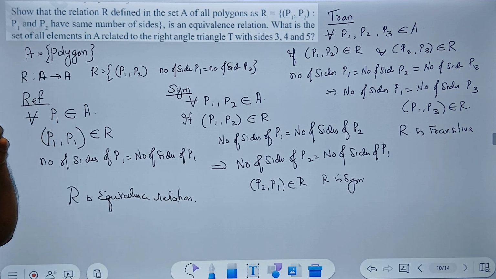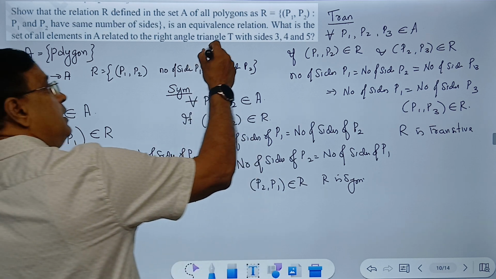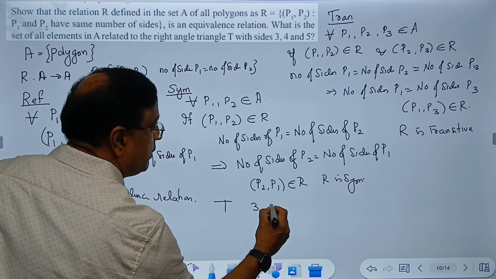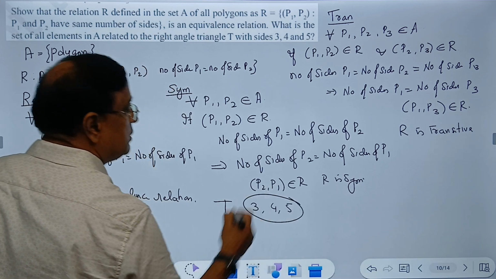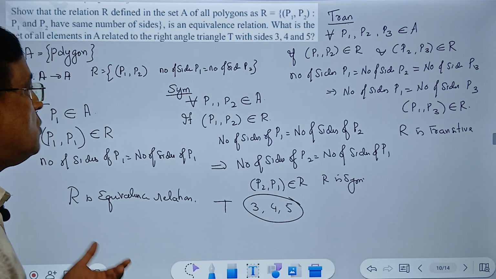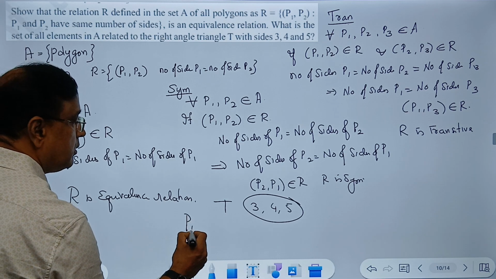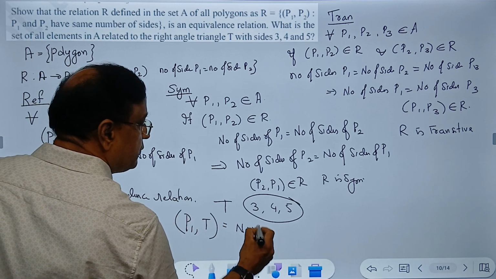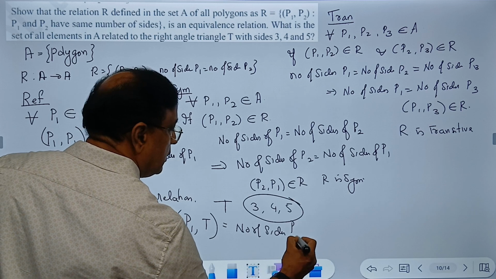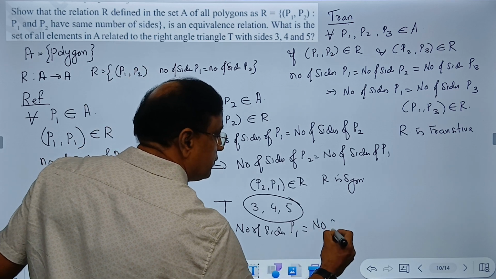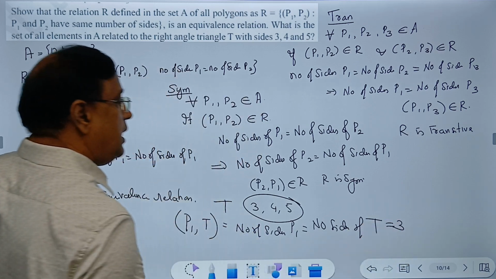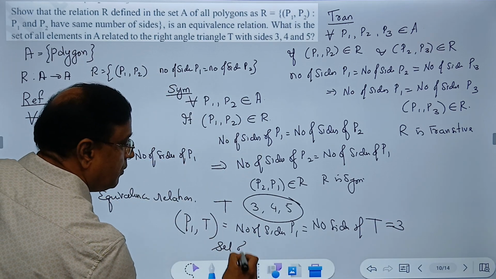Okay, but there is one more subdivision to this. What is the set of all elements in A related to a right-angled triangle 3, 4, 5? So I have a triangle whose sides are 3, 4, 5. Well, I don't care about the measurement. You know, a triangle has 3 sides. So all the polygons P1 related to T should satisfy: number of sides of P1 equals number of sides of the triangle given. What is the number of sides of the triangle given? 3. So the answer is the set of all